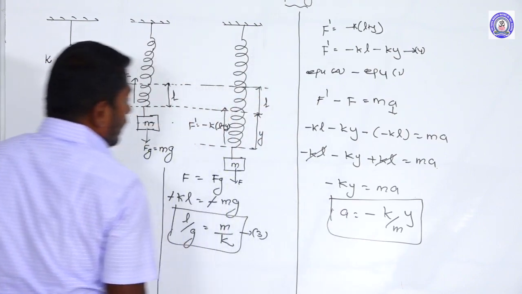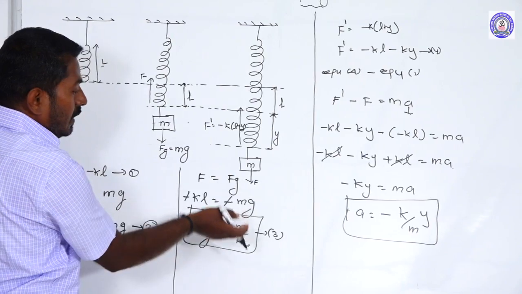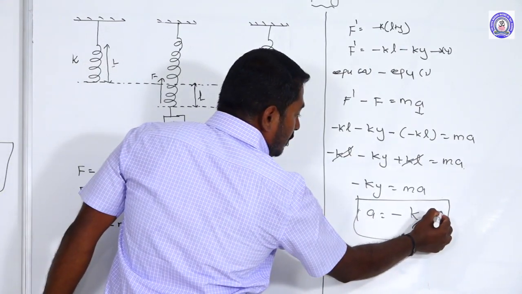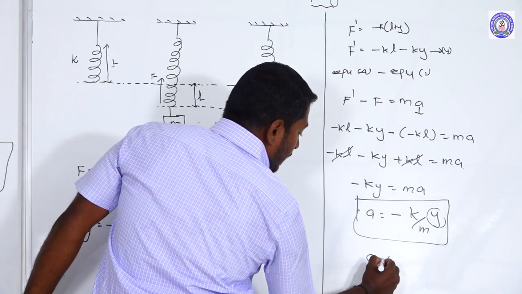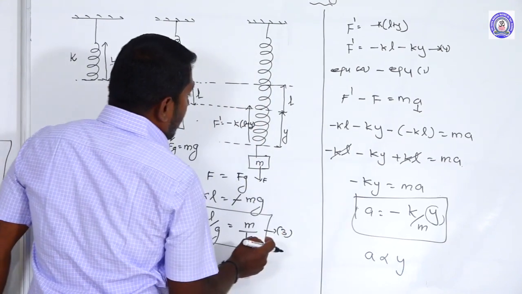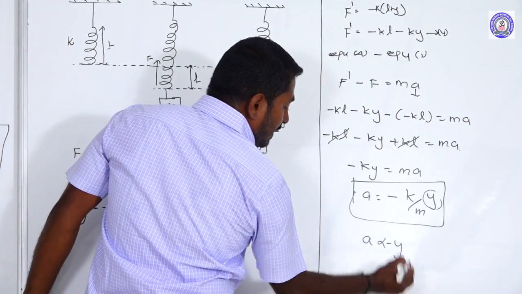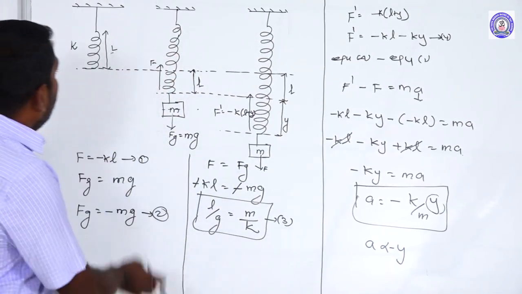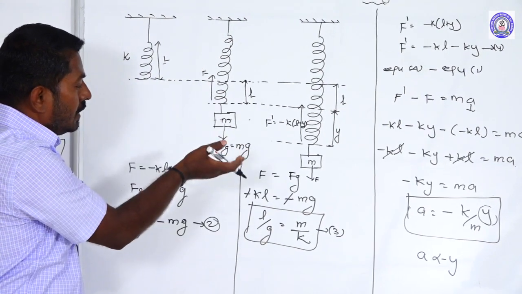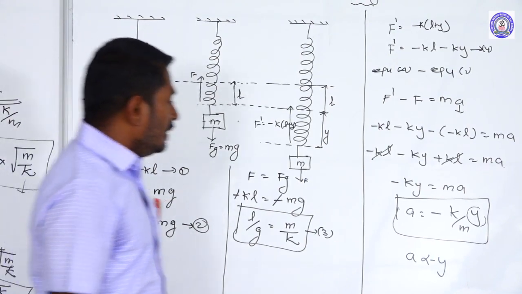So during the oscillations of the block-spring system in vertical oscillation, the acceleration of the block-spring system is always directly proportional to the displacement, a is directly proportional to y. Also the acceleration is always directed towards the equilibrium position, and the acceleration and the displacement always act in opposite directions. That's why vertical oscillations of a spring-block system along the vertical direction resemble a linear simple harmonic motion oscillator. Then further,